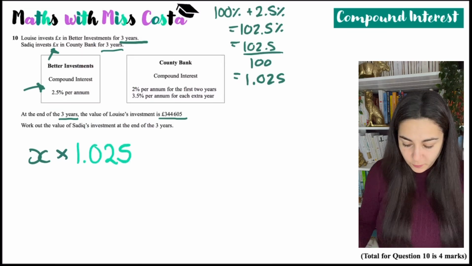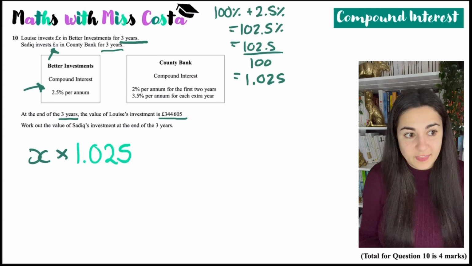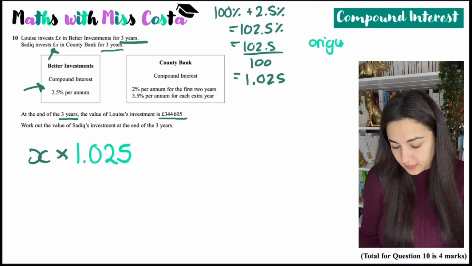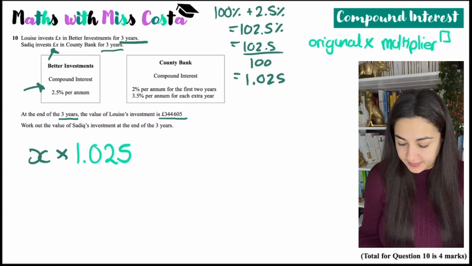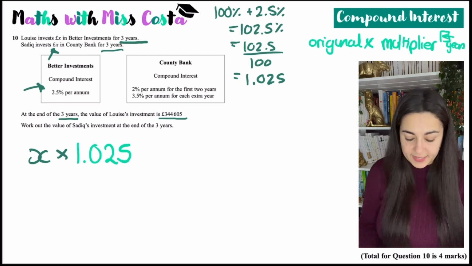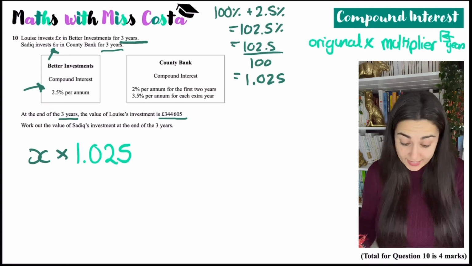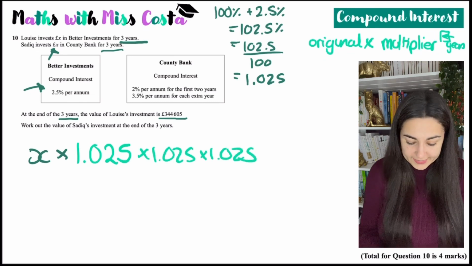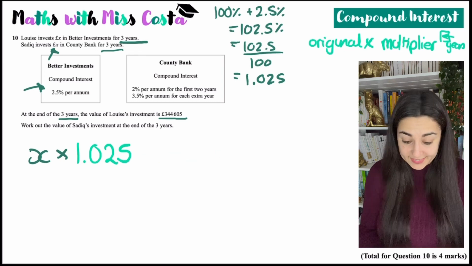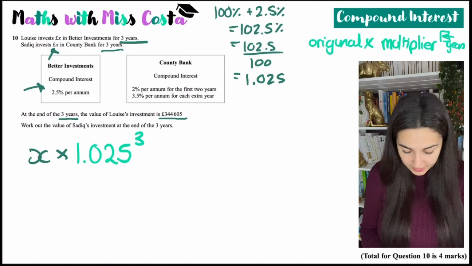1.025. And the formula for compound interest is basically the original amount times by the multiplier to the power of however many years there is. Okay, and the reason we do that is because instead of multiplying it by 1.025 and then 1.025 again, which I could do, I could do times 1.025 times 1.025, the shortcut is you just do it to the power of 3 because it's the same thing. So I'd say x times 1.025 to the power of 3 equals